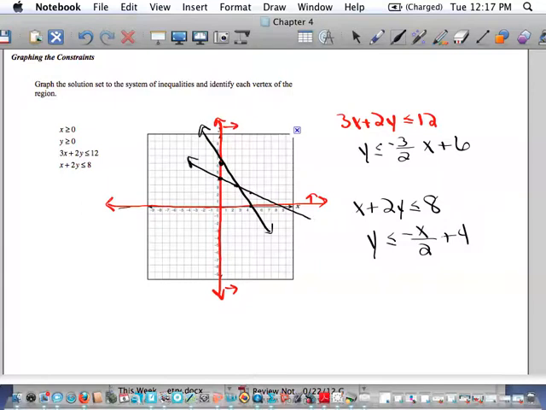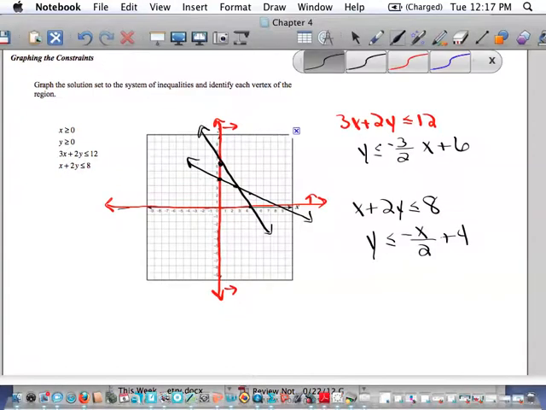Okay. And what you're going to be looking for is the region bounded by these 4 lines. We've already established if it's greater than x and greater than y, it's going to be in the first quadrant. But with the other 2, y is actually less than. So the region that we're looking at is going to be this region bounded by the x and y axis